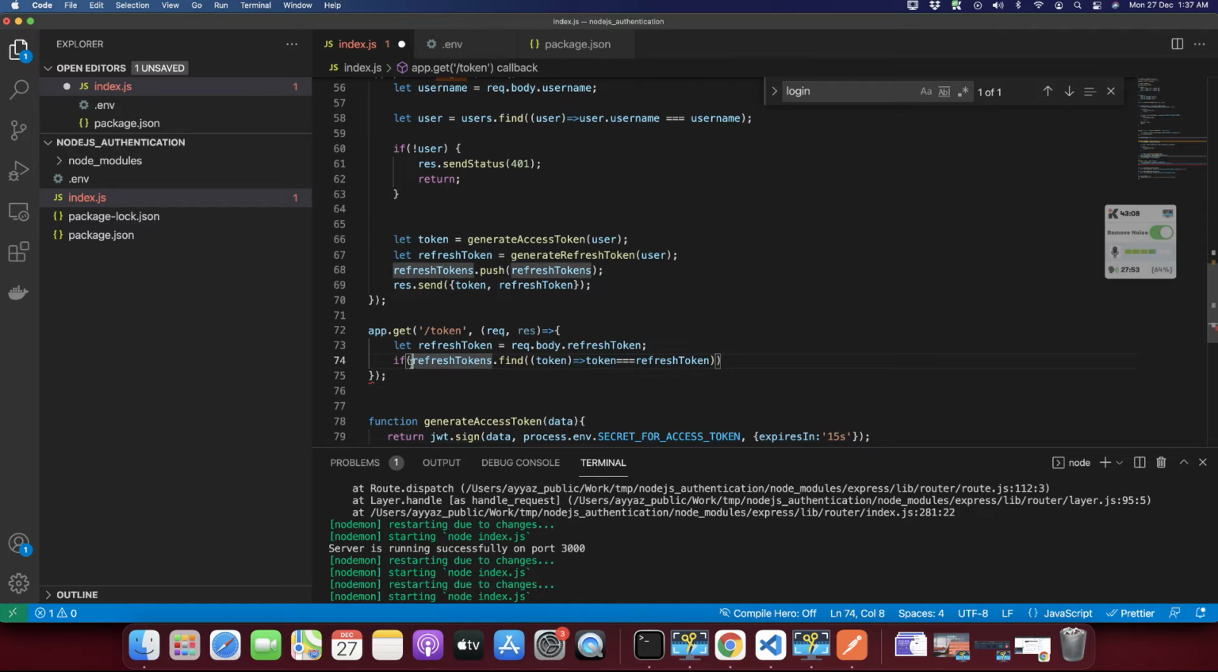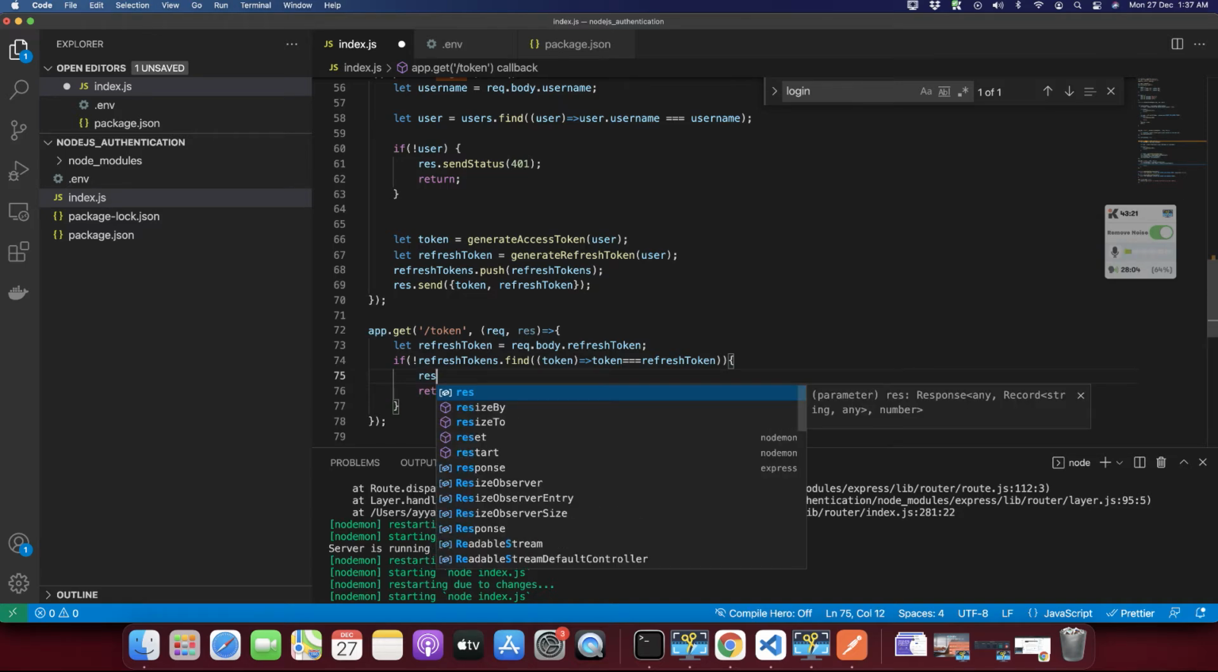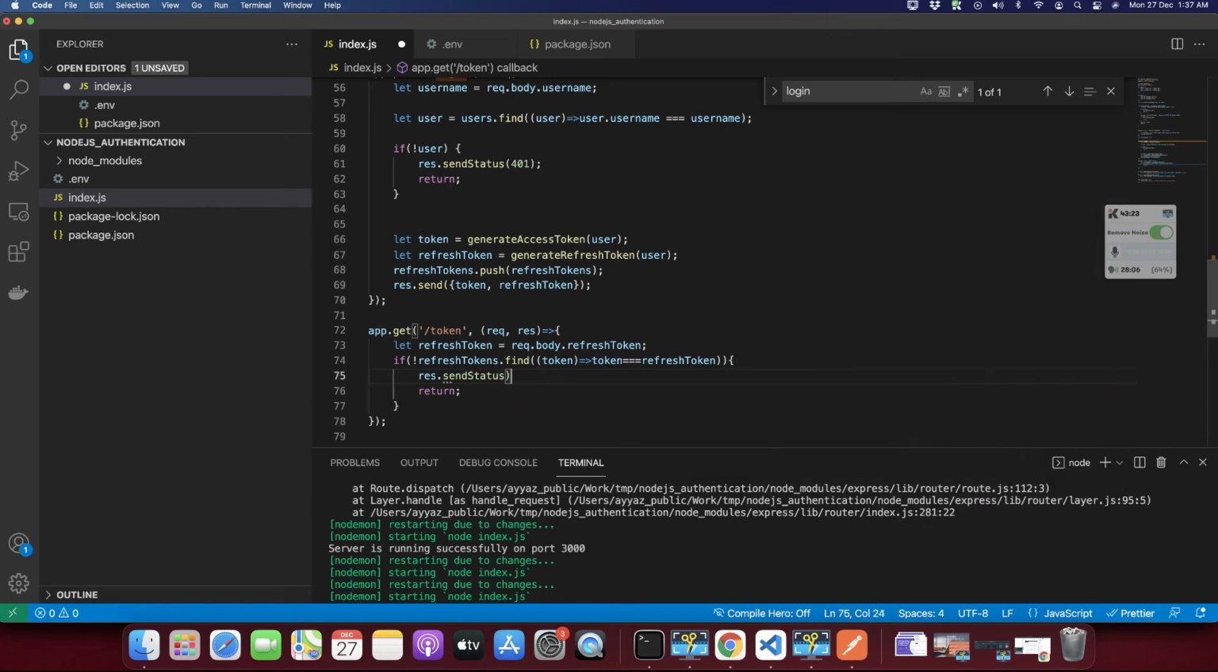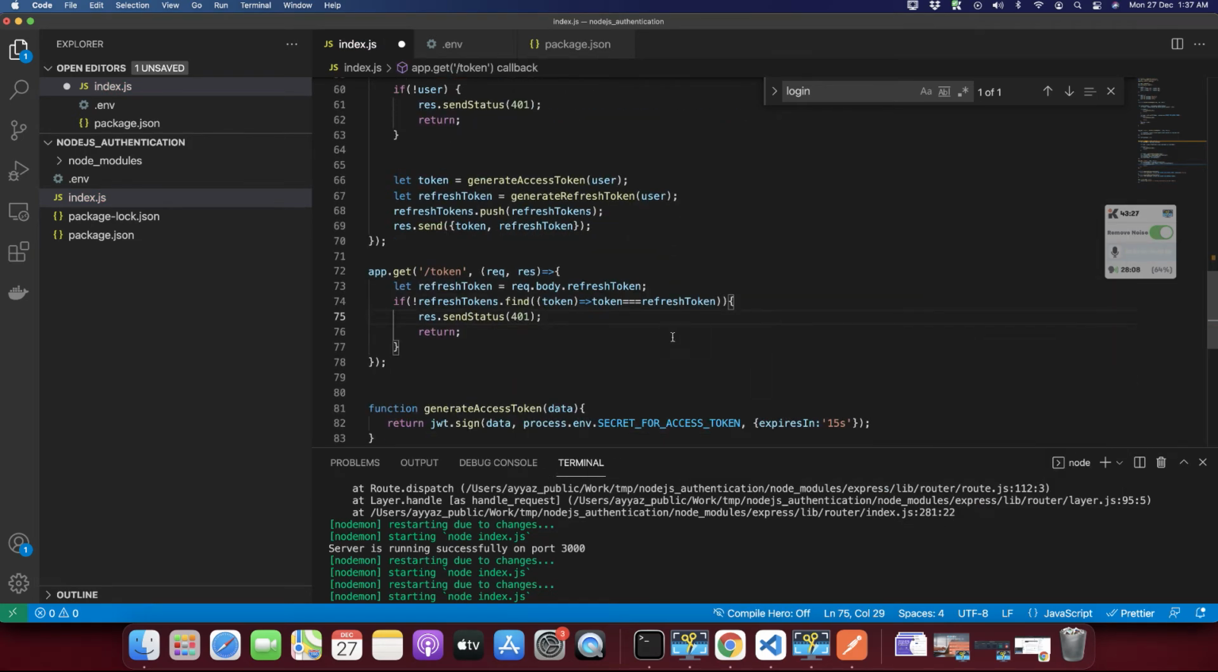But if not, then I'm just going to break the process by returning something, and I would send a status before returning. So I would say response.sendStatus 401. Okay. Next, if this refresh token is valid, then I would just go down